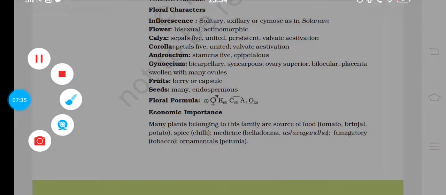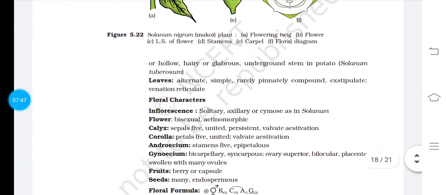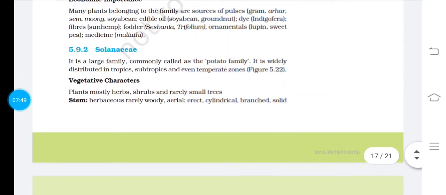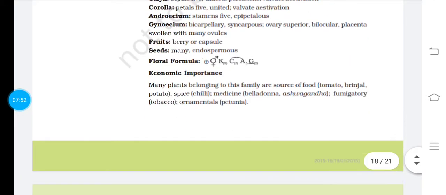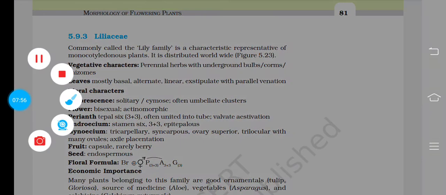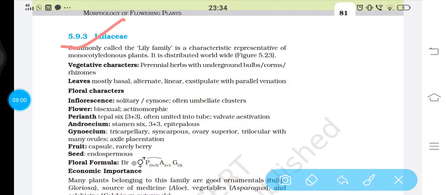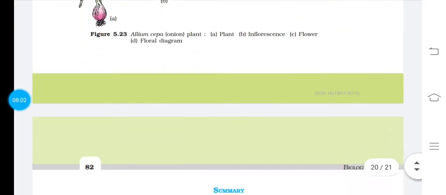And here other examples are given, like potato it is there, chili is there, then tomato, brinjal, these are also the members of this family which you have studied right now. That means these are Solanaceae members. You have to go near the plant yourself and write down its features. The same is with the Liliaceae also. Which are the members of the Liliaceae family, you can just see here